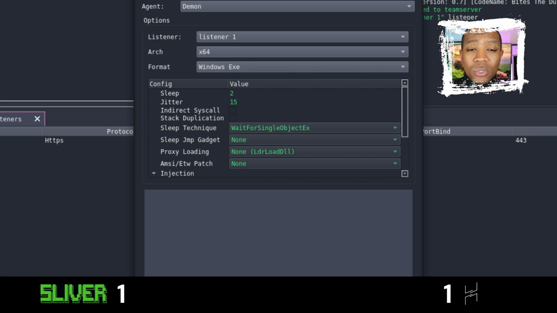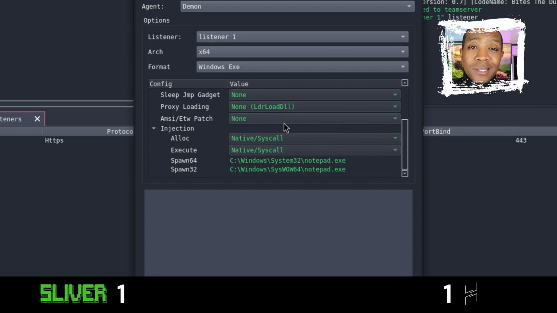So when you build an agent, it's similar to a listener on Havoc. You got this nice GUI. What I really love is the fact that you can control your sacrificial process. You'll see that it's named notepad.exe, but you can change this to service host, which I highly recommend. With